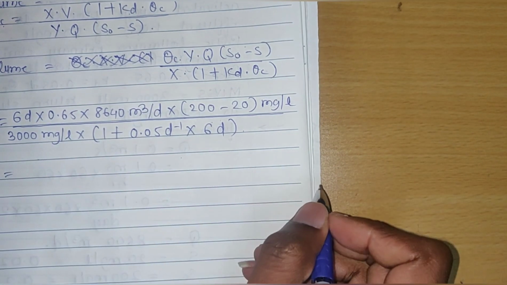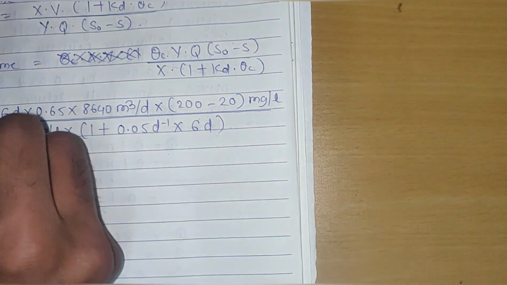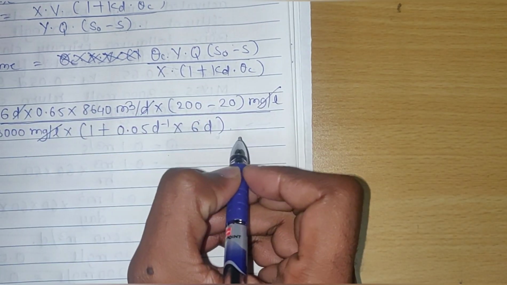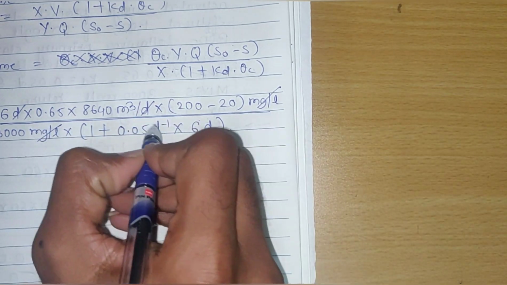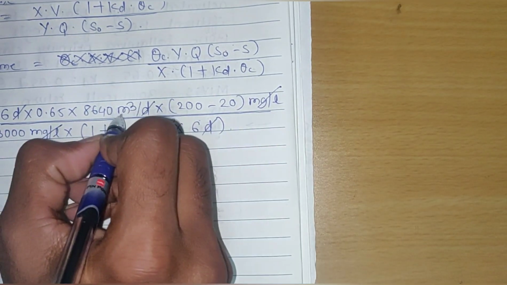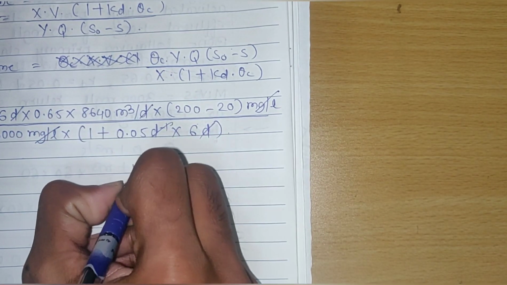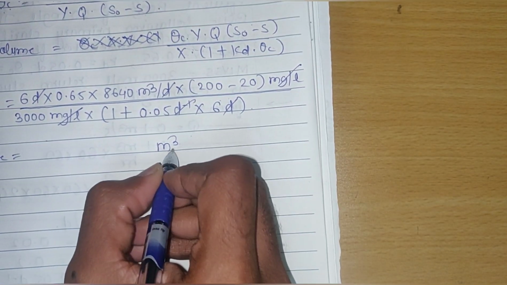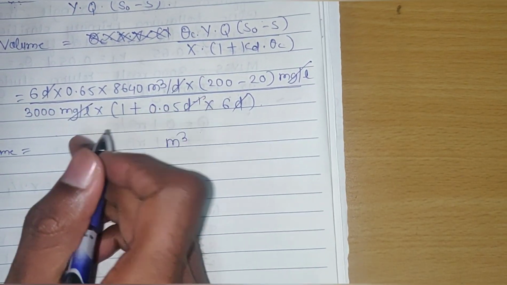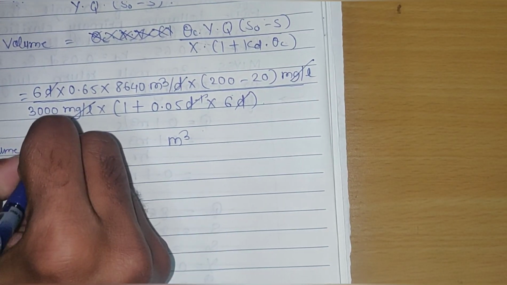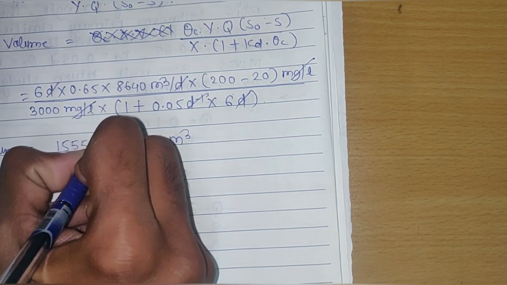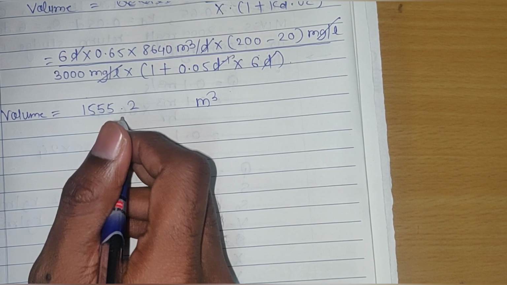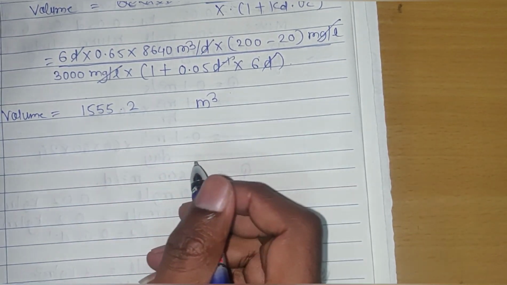Okay, first we will cancel the units. Day will get cancelled, milligram per liter will get cancelled, then per day will get cancelled. The unit will remain only meter cube, and the unit of volume is meter cube. So we will get the volume in meter cube. After calculating this, you will get the value of volume as 155.2 meter cube. Okay, here we have found the volume of the aeration tank, or volume of the reactor. Then